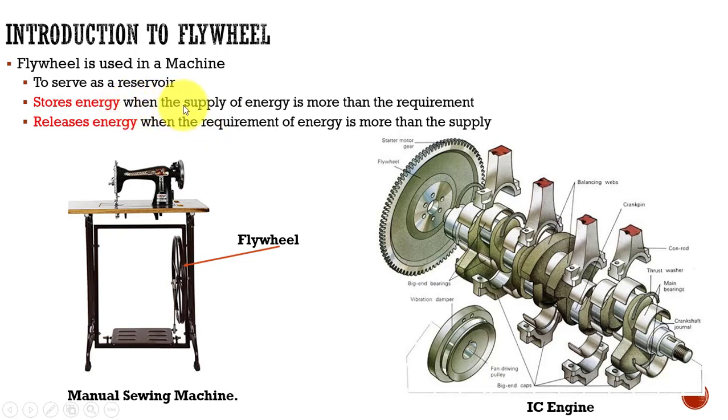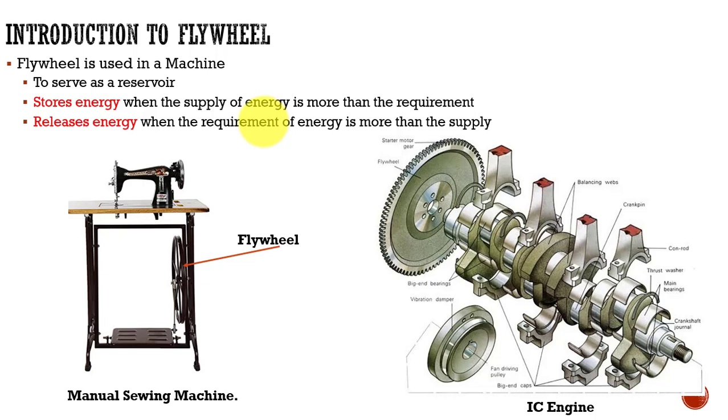It has to store energy when the supply of energy is more than the requirement, and then it has to release this energy when the requirement of energy is more than the supply. So if you have more energy, it has to store that, so it can be used in the later part of the stroke